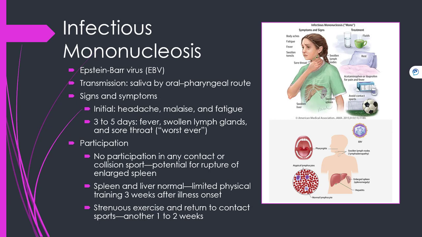Epstein-Barr virus spreads through bodily fluids. The most common way you can spread it is through saliva, which is why you can get it from kissing. You can also get it if you share food, drinks, or silverware with a person who has it, or if an infected person coughs or sneezes near you. The Epstein-Barr virus can also spread through blood and semen, so although it is less likely, you can also get mono from a medical procedure such as a blood transfusion and organ transplants, or through sexual contact.